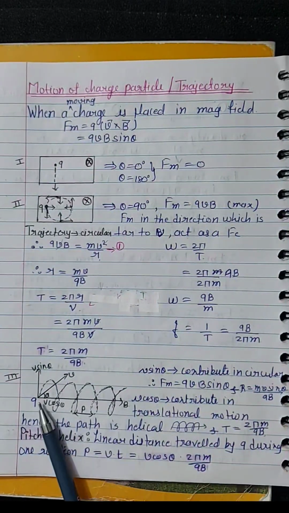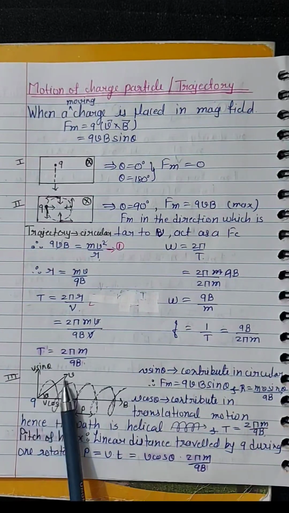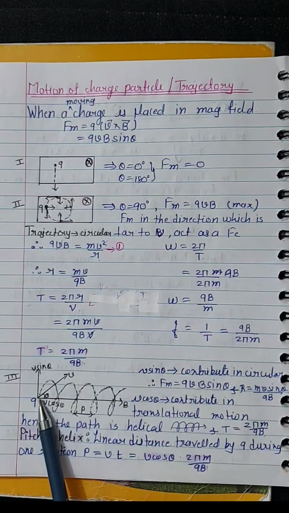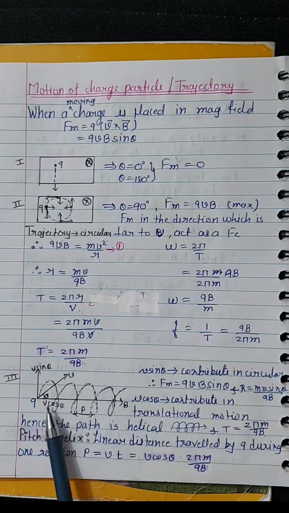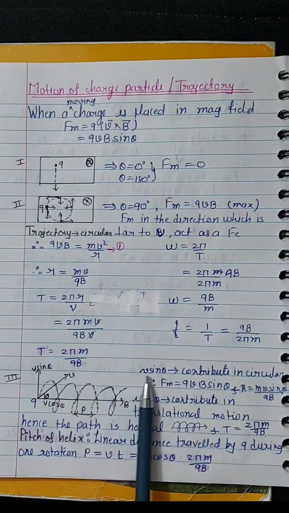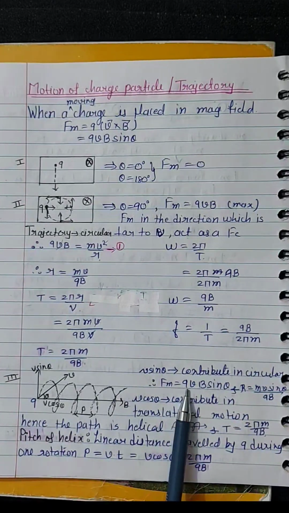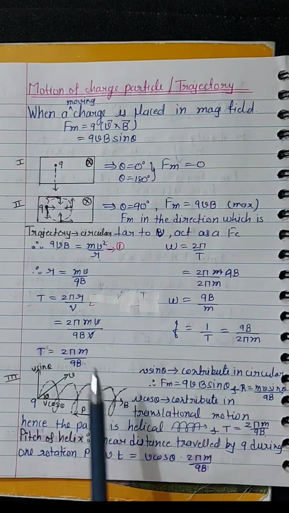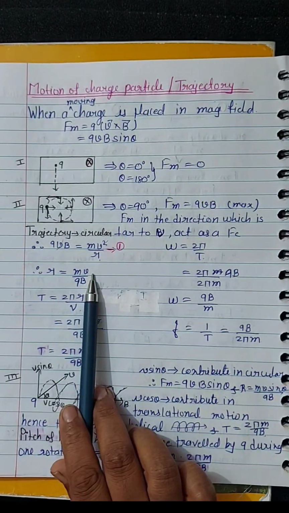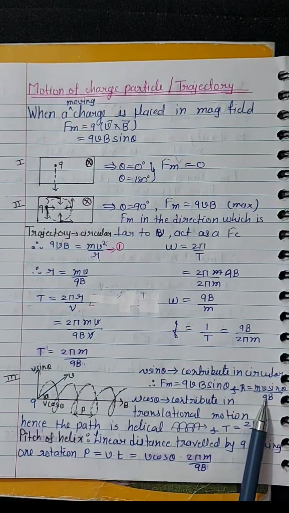In the third case, a charge is moving such that it makes an angle theta with the magnetic field B. Here the velocity has two components, v cos theta and v sin theta. V sin theta is perpendicular to the magnetic field B and v cos theta is along the magnetic field B. From the second case, we know that the v sin theta component contributes to the circular motion of a charged particle. So the magnetic force can be written as qvB sin theta and the radius of the path is mv by qB. But which component of velocity is contributing in the circular motion? V sin theta. So we will write mv sin theta divided by qB.